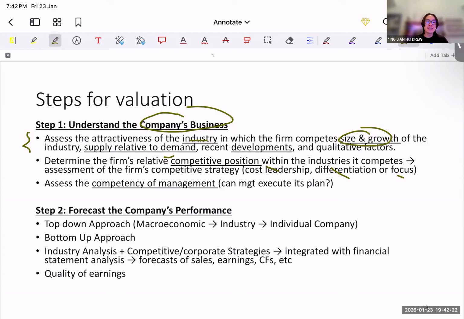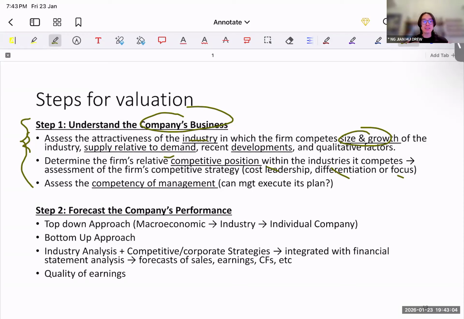And last but not least, we determine the competency of your management. So a part of valuation will include some qualitative explanation about whether the chairman or the directors are skilled. Are they well trained? Do they have extensive experience in the kind of job they're supposed to do? And even, who are the shareholders of the company? So step one is really looking at the environment, the industry, the sector the company is in, and what kind of competitive positioning the company has.